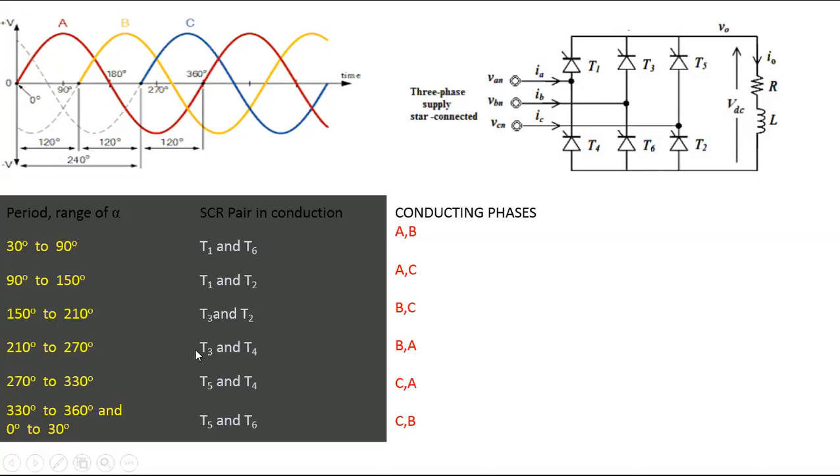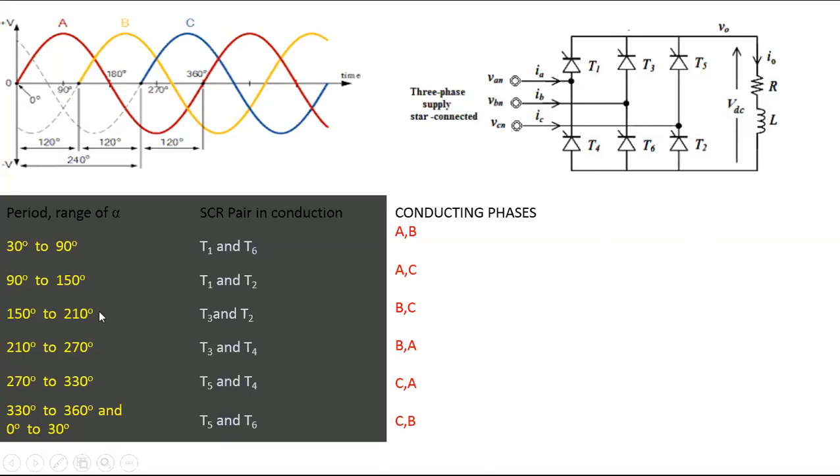Here we have mentioned T3, T4, and the phases are B and A. This tabular column you have to show and write the current direction. The examiner will see it. You can put the heading current directions and mention the current direction. The examiner will see the supply one and this particular derivation. We will see the derivation in the next class.